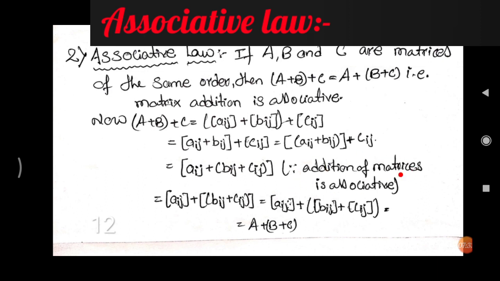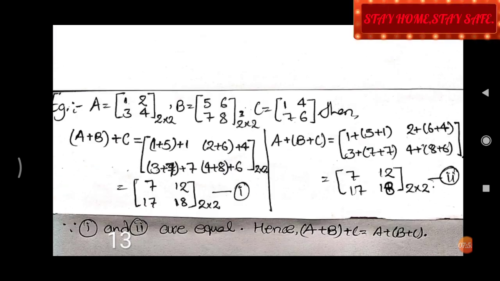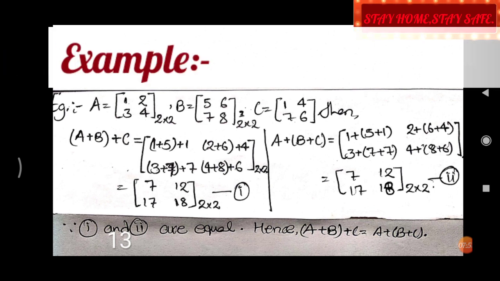We can say here also aij plus bij plus cij, with the bracket shifted here. So aij plus bij plus cij is equal to an element of matrix a, from matrix b bij, and from matrix c cij. So a plus b plus c. To get a still clearer picture, we have one more example for this also. A is a matrix of 2 by 2, B is a matrix of 2 by 2, and C is a matrix of 2 by 2. I forgot to write here, it is of order 2 by 2.